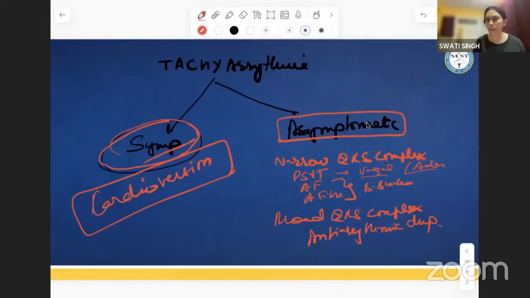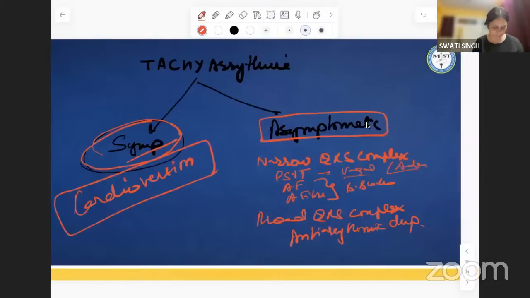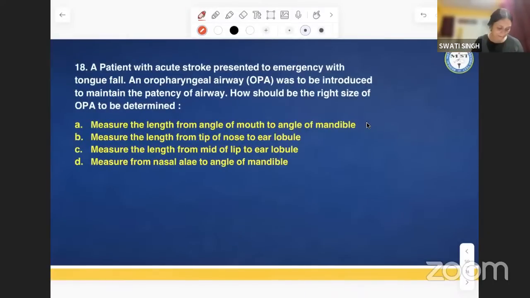And if it's flutter or fibrillation, we just control the ventricular rate. Broad QRS, we give antiarrhythmic. Antiarrhythmic like sotalol, amiodarone, or your procainamide. Okay? Okay. Next question. A patient with acute stroke presented to emergency with tongue fall, and OPA was to be